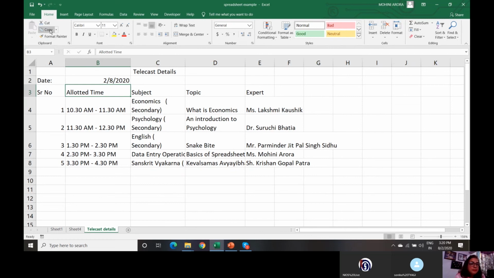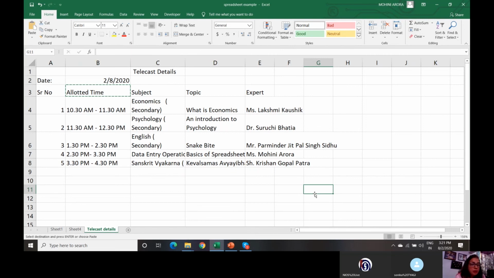I say copy. You will see that a dotted line appears here. That means the content of this particular cell has been copied to the clipboard. Now I click on a cell in the column where I want the width to be copied. If I click on simple paste, this content will be copied.